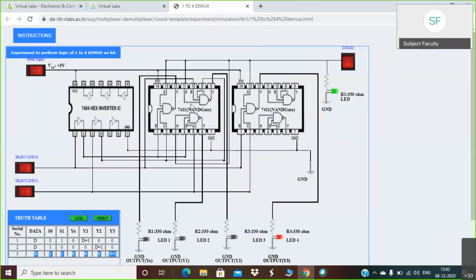Okay. So this is regarding the first experiment. Now we will see experiment number two. If you are having any problem or any query, you can ask me.